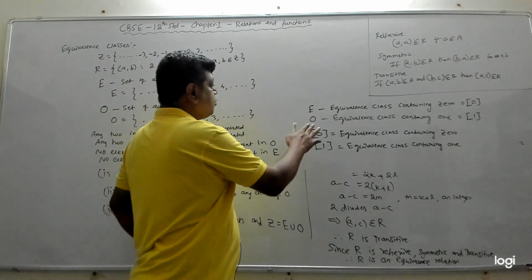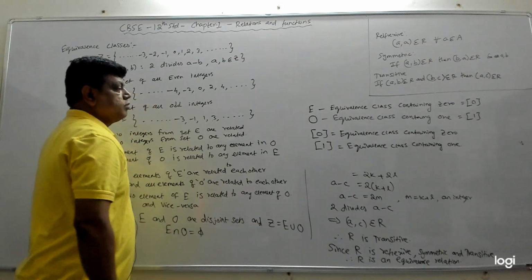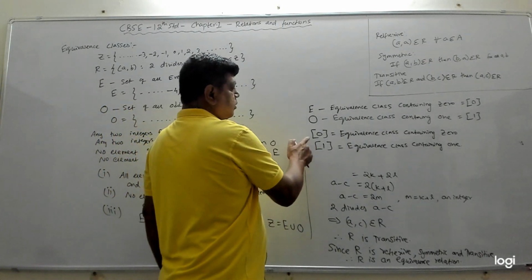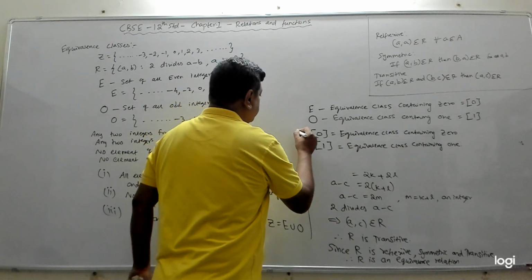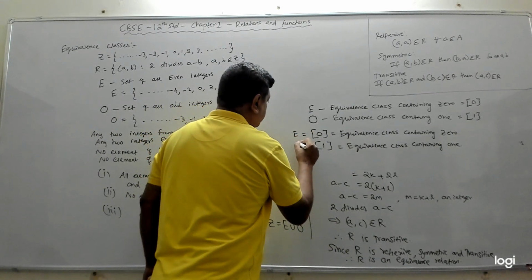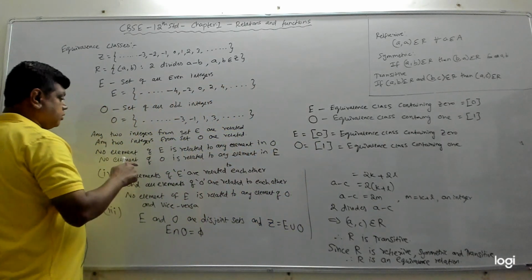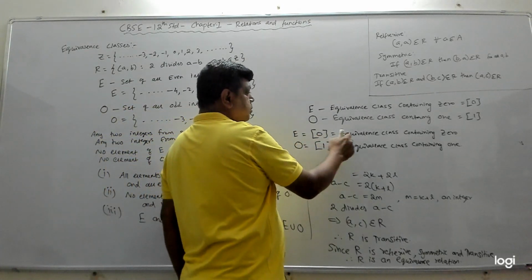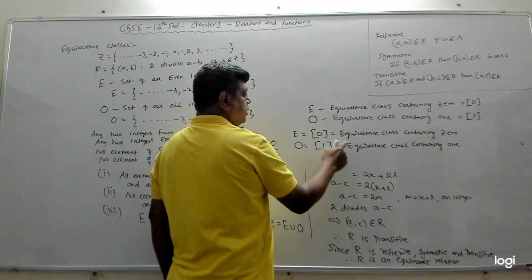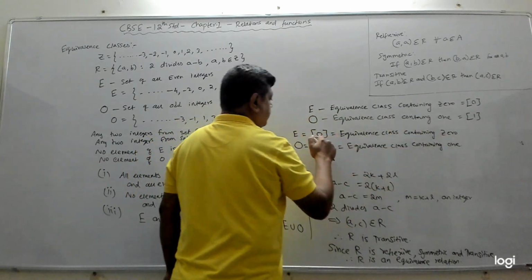So this is 0. This is the O set, your O set. This is the same as E. Your E equals this. We can say that this is your set of all odd numbers. This O was a set. But if I write 0 here in the box, it means the equivalence class containing 0. Equivalence class containing 1, this 1 you will write here. This 0 you will put here.